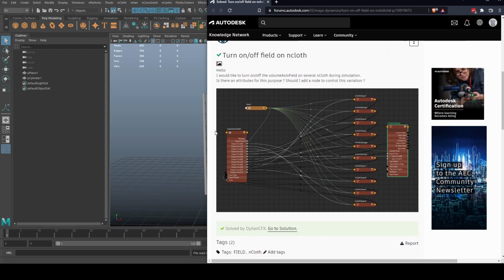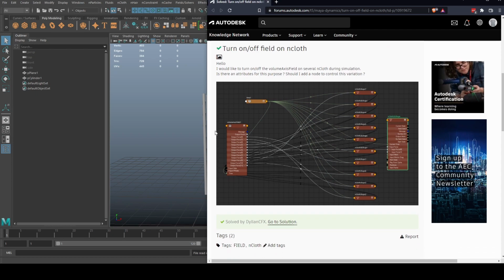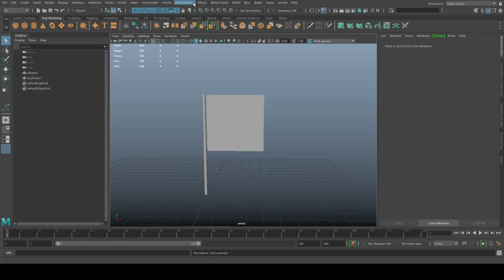So he provided a screenshot, and as you can see, there's one volume axis that controls a lot of nCloth objects. So the first thing I thought was, okay, well, let's try it out. I think I have some ideas. So yeah, let's jump in, and then I'll show you what I have discovered. I feel like this is more of a self-study. I never really had to do this before, but